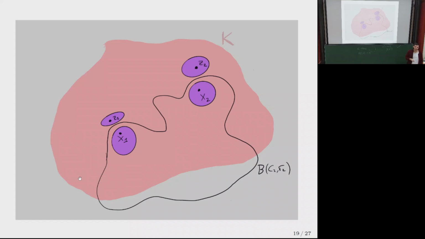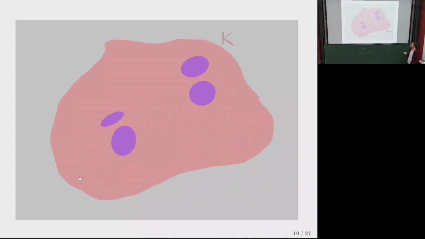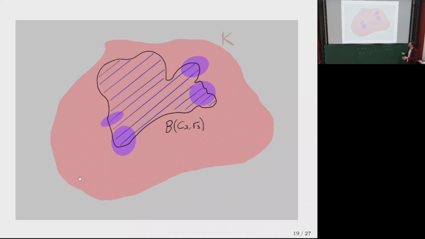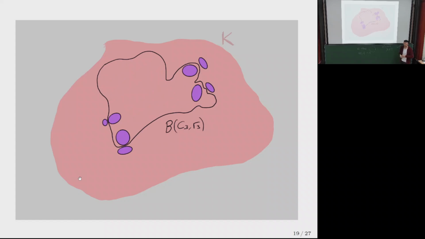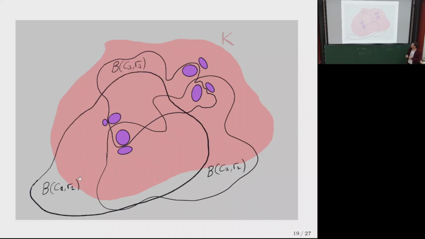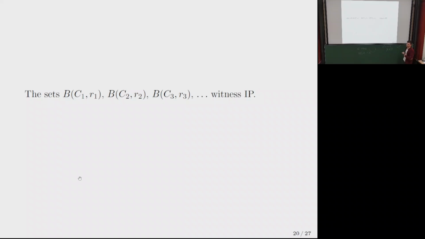Yeah? And you continue like this. The whole idea here is, as long as C3 is large enough, but then R3 is small enough, you're going to be able to multiply by 2 the number of open sets. So it looks a bit messy, but I promise you, these are 3 sets and 8 Boolean atoms. All of them contain an open set. You continue like this, and that's how you witness the independence property.